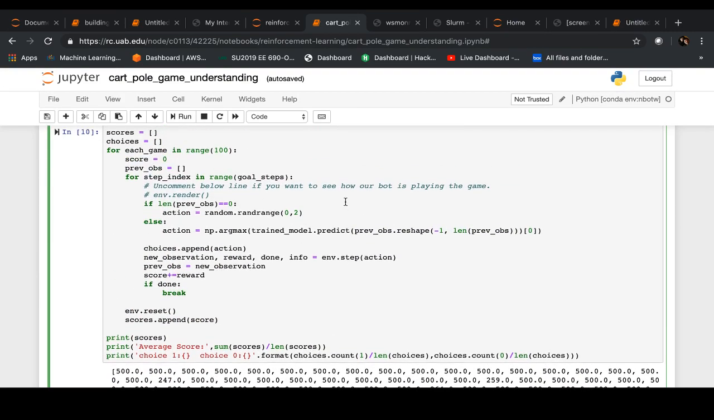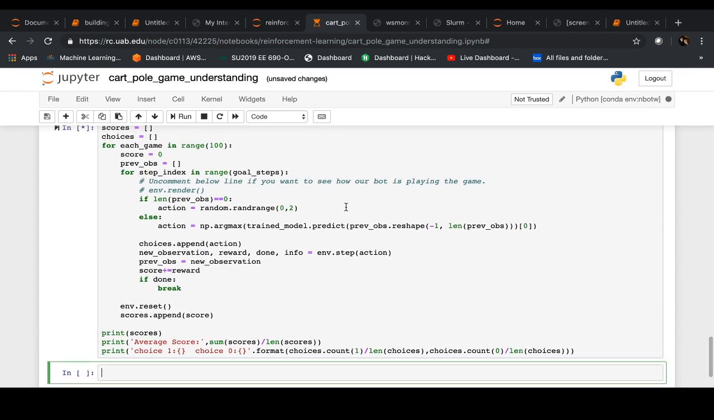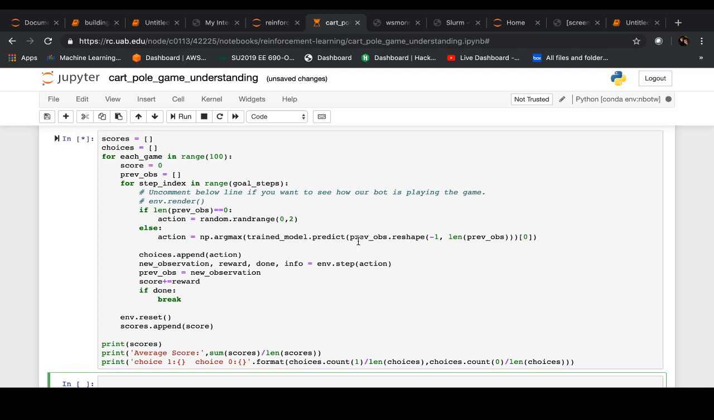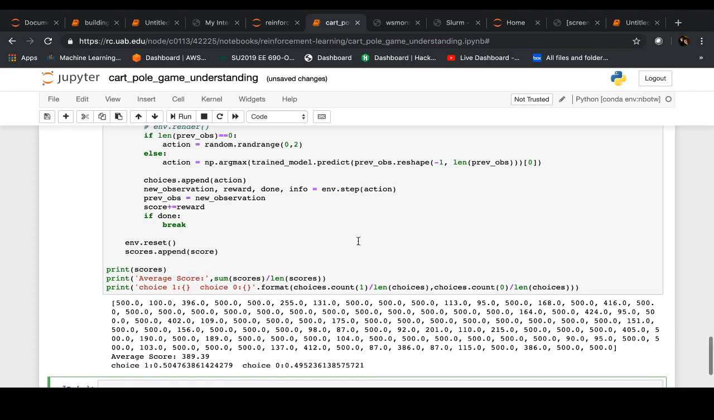Now we're using our model, and if we run that, all right, so it's thinking, and we've got to wait for a minute here. So yeah, it's printing. All right, so here we go. So we went from an average score of less than 100 to an average score of almost 400. And it also shows us how many times we moved to the left